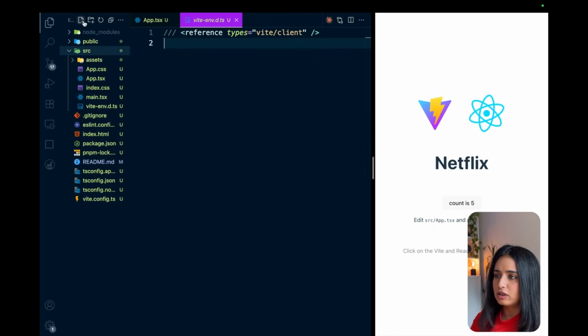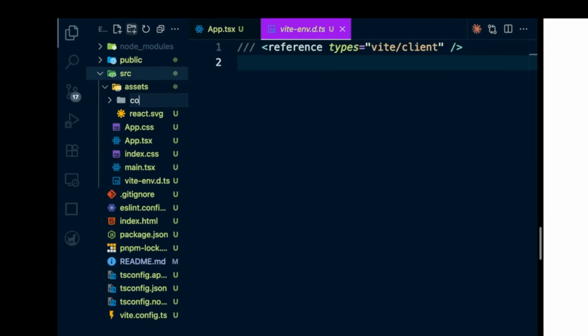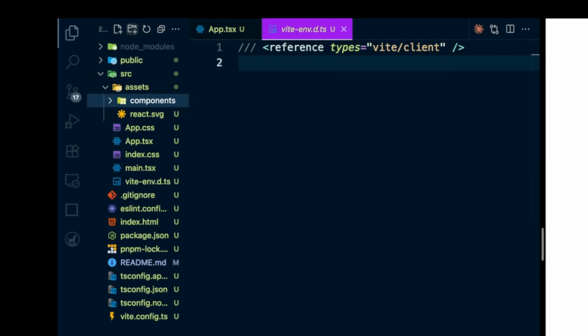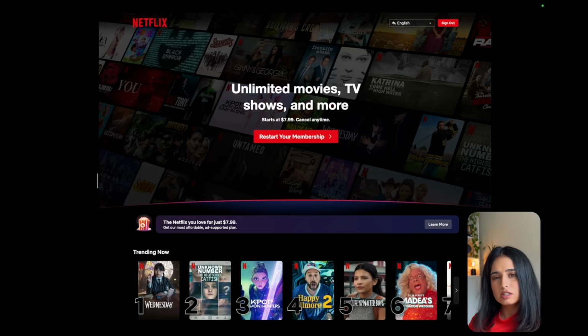Let's set up a new folder within source, which is where we're going to store our components. And now let's set up the basic structure of the Netflix app. This is a screenshot of Netflix today. And if you look at this app, think about how you would divide this app into smaller components. And this is the step that I want you to do anytime you get a Figma design, a design that you need to implement. So in this app, you'll see at the top that we have a header